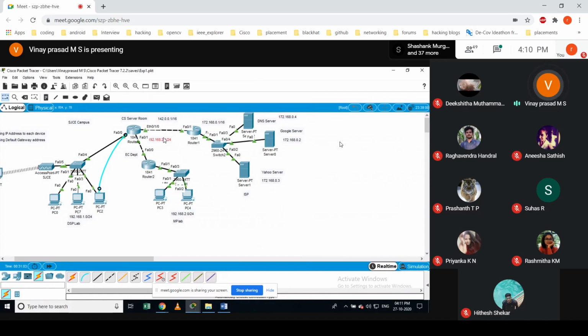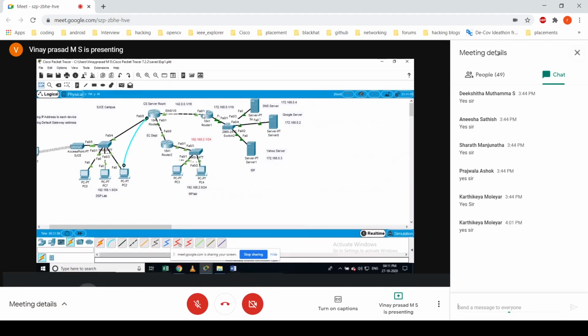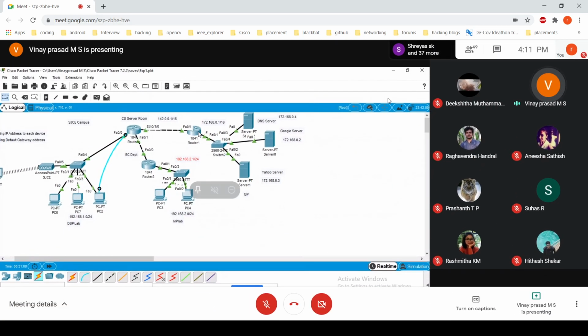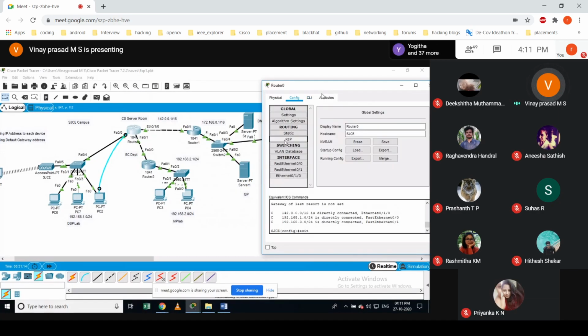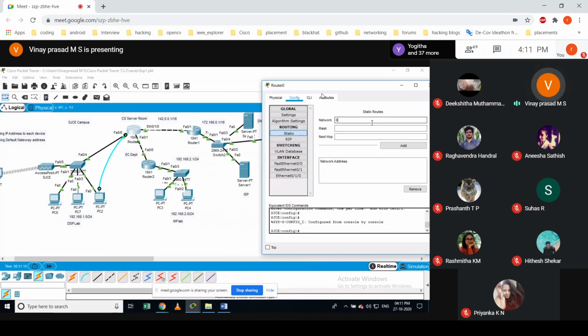Okay, so once you did this, the next way is configuring from here to here. It is default, and from here it is static. Okay, we know that already. Go to the static one and give this IP address like this.